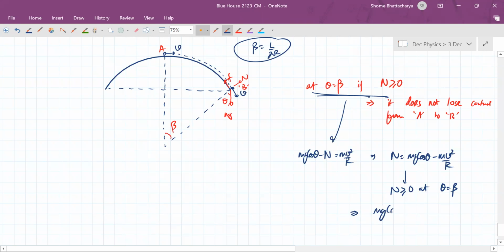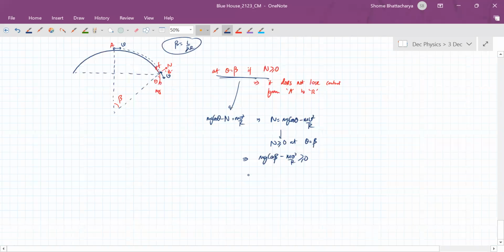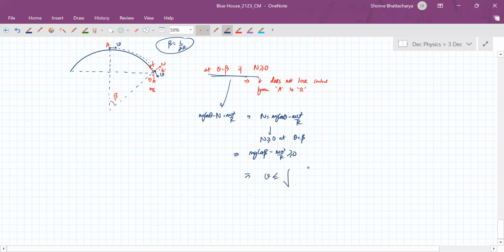So mg cos beta minus mv square by r should be greater than equal to 0. So that will tell us the limiting value of v, that v should be less than equal to root gr cos beta, where beta is L by 2r. So the maximum speed at which we can do it is